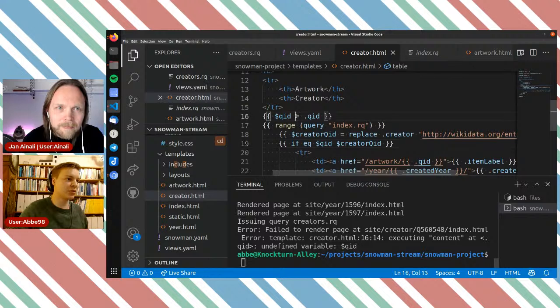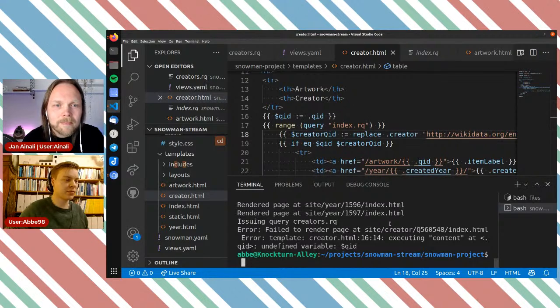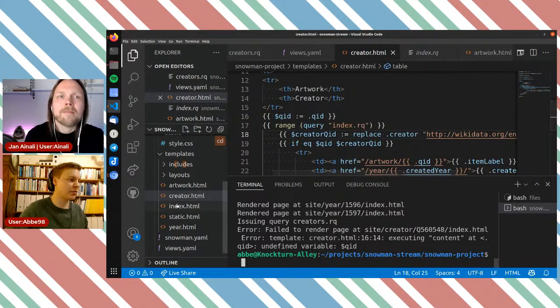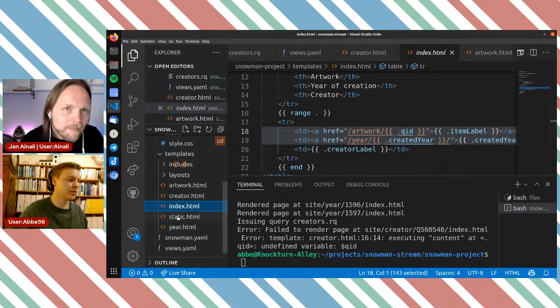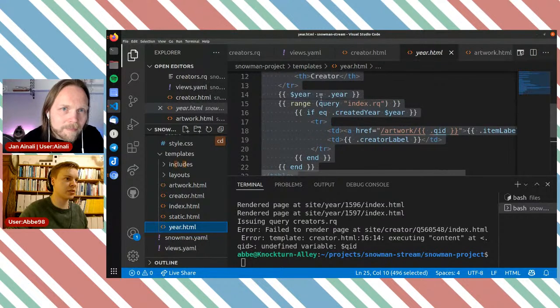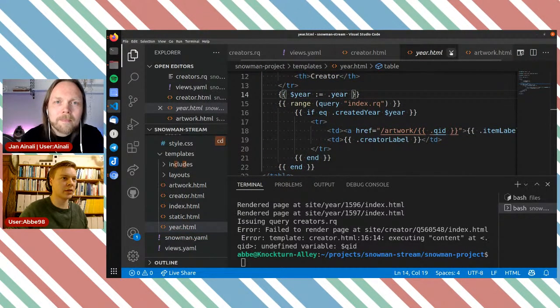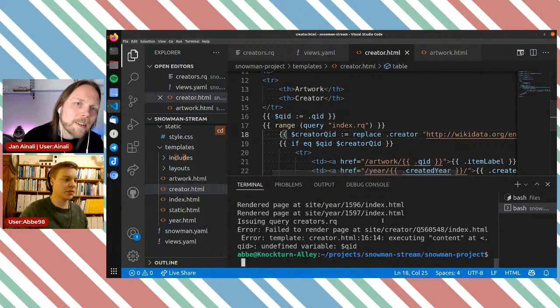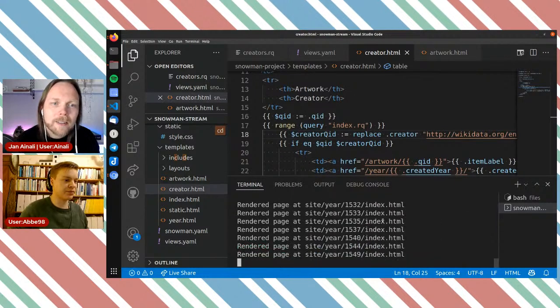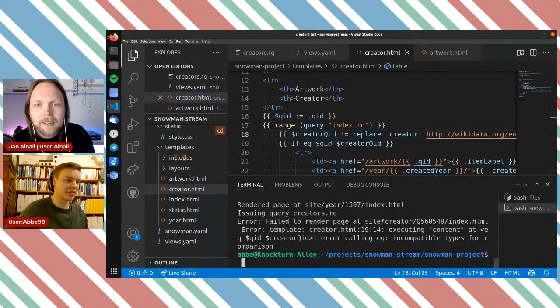And I think that's because I got the syntax wrong here, and it should actually be like this. We could actually double check that in one of our files that uses that. The year one uses that logic. Yes, we create a variable with colon and an equal sign. Let's see if that does the trick. Oh, still a crash.